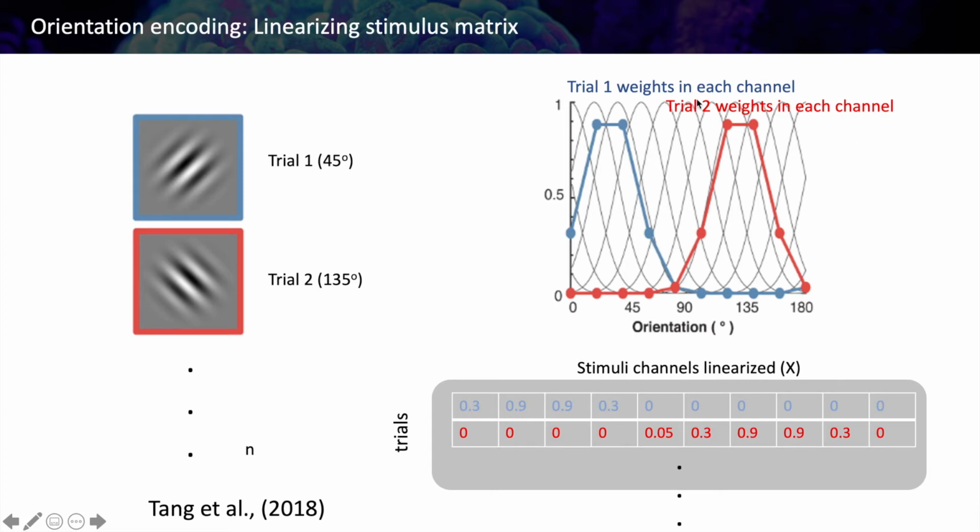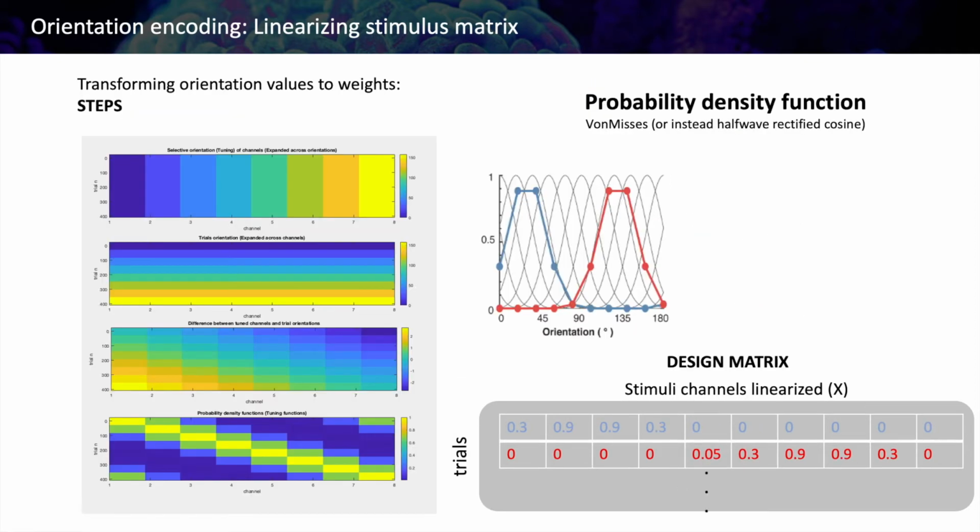Because now I explained the concept, but I didn't explain how you can get the values. To get the values, what you have to do is follow a sequence of steps that I will ask you to replicate during the practical session,